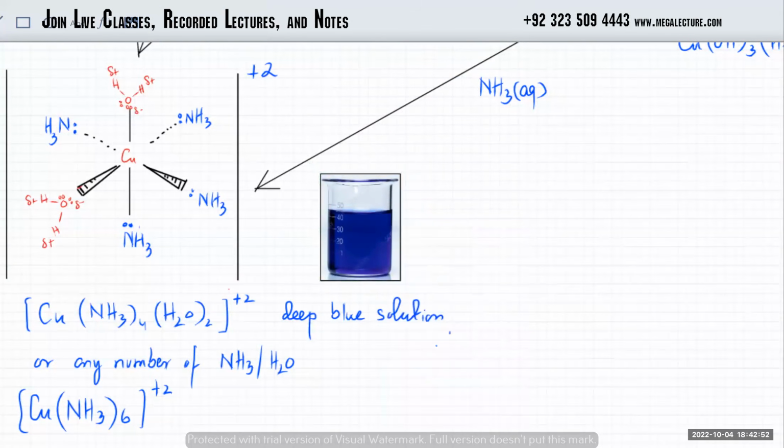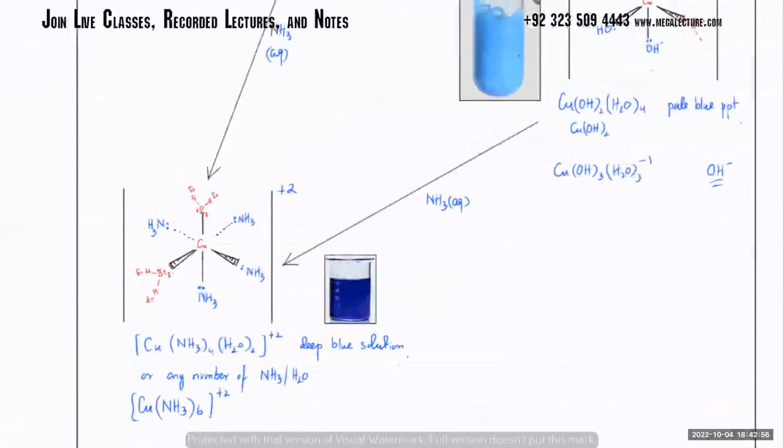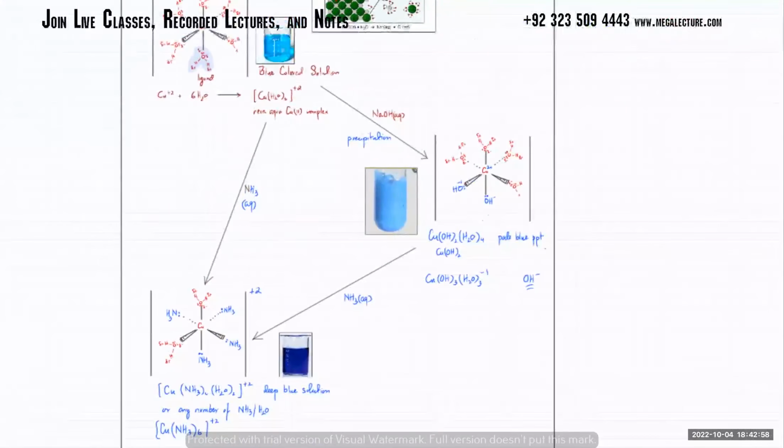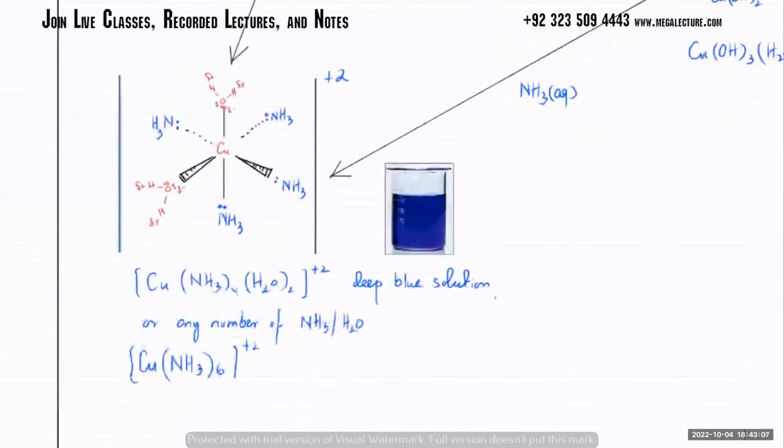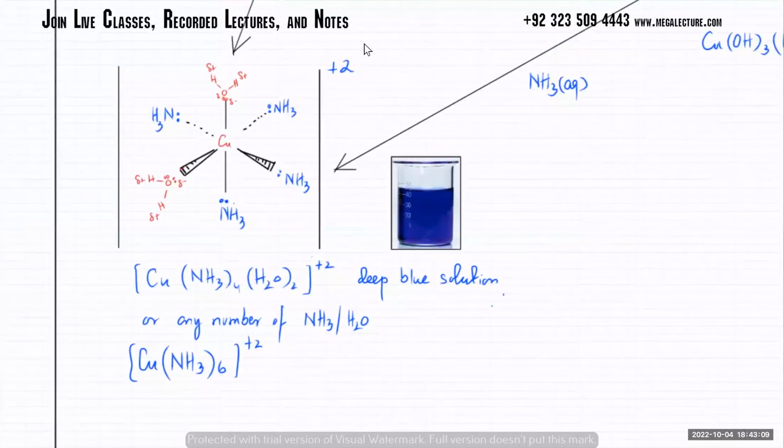So this is your deep blue solution, right? Is this clear? 3 solutions. Is this clear? Yes. So this is copper with any number of NH3s. I said then another one is that another one. So another one is